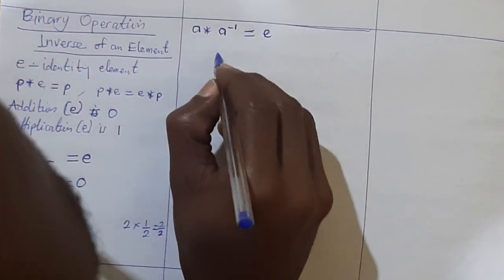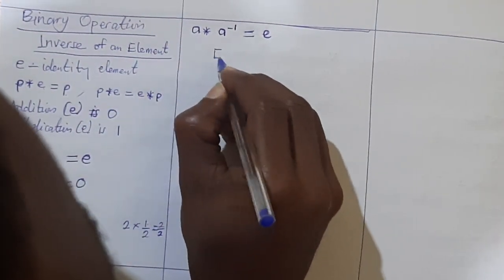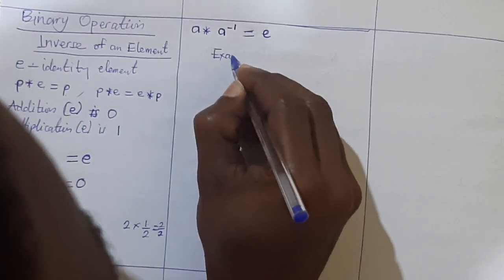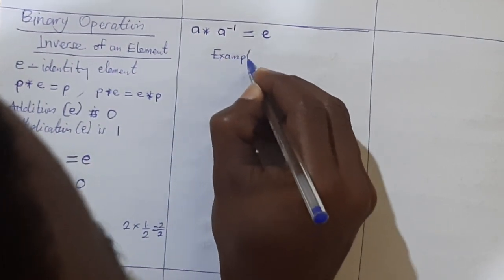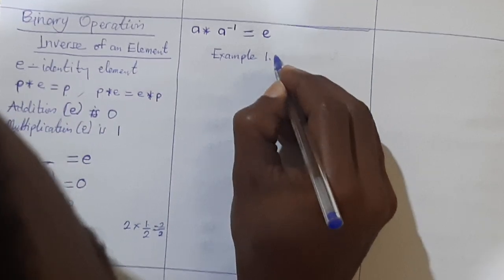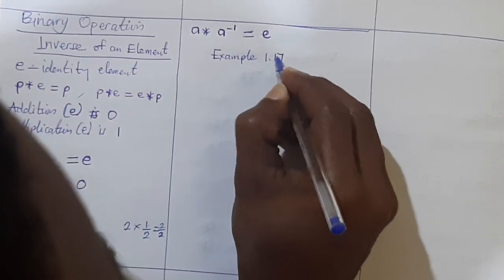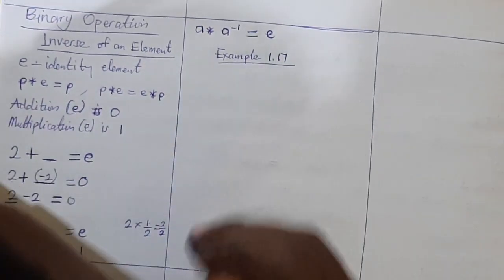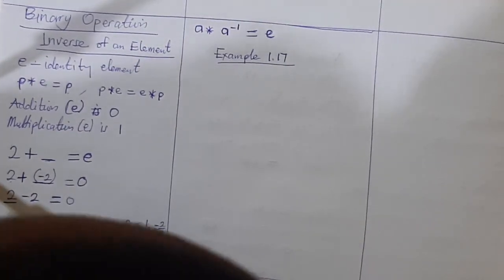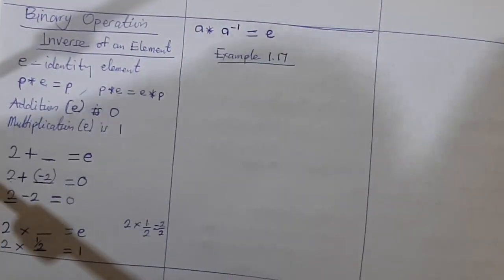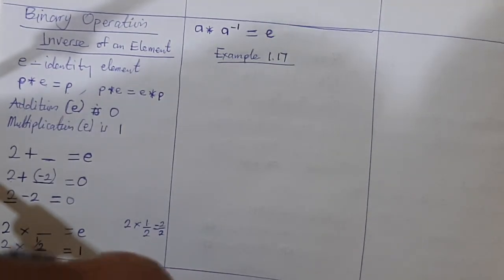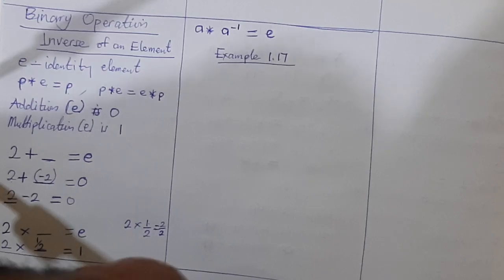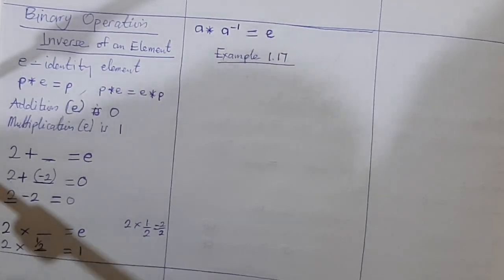So let's try Example 1.17. It reads, a binary operation is defined on the set R of real numbers by